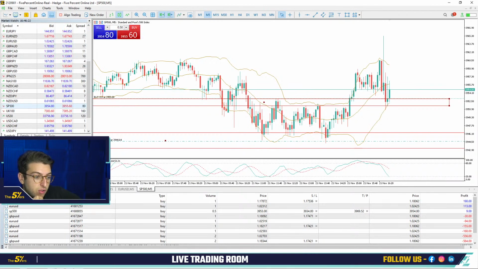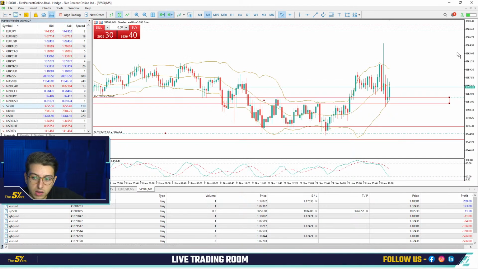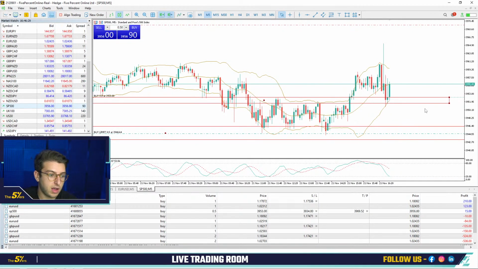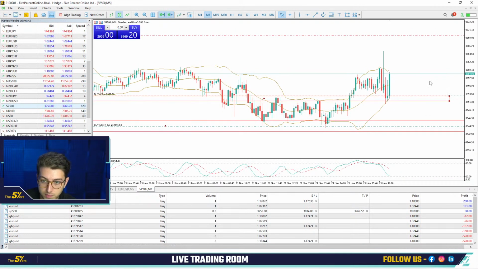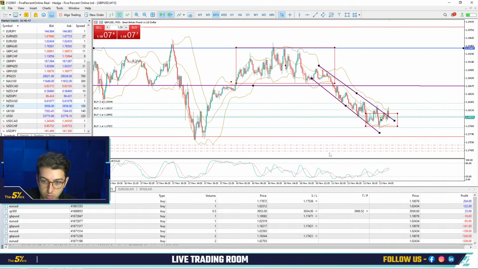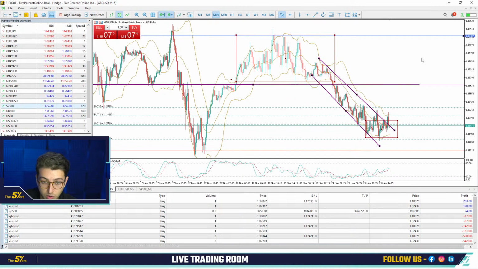That's a very interesting question, because here, for example, I have exposure in the dollar. I have euro dollar, pound dollar, and the S&P, which is approximately the same exposure. I'm looking for the same thing. So yeah, I'm a bit overexposed here, and that's why the pound will be my exit point at the bottom. I don't want to add anymore. I calculated that the euro and the pound, for example, are the same exposure. I don't want to be